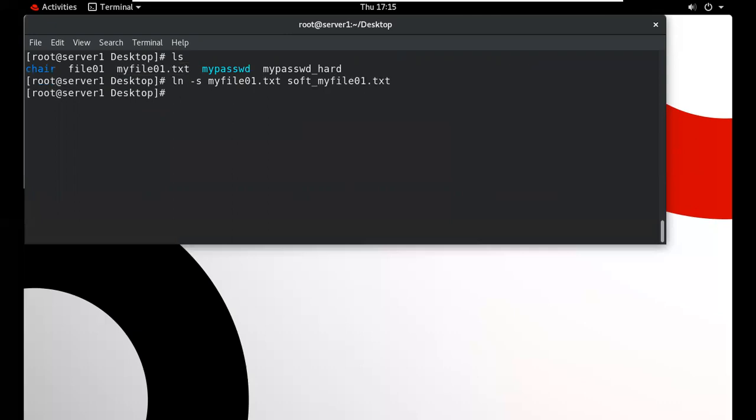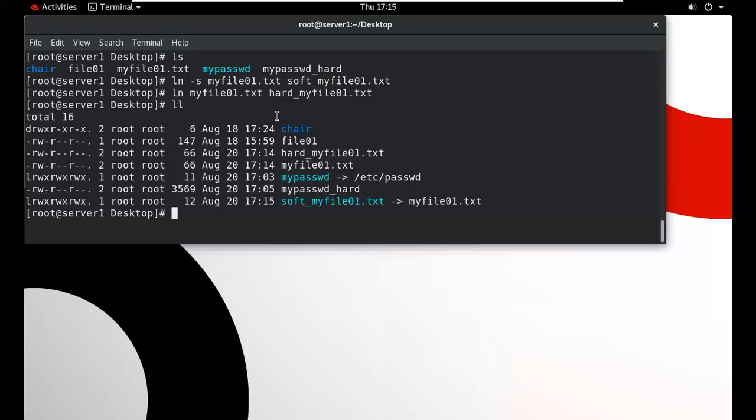It is my soft link, and we want to define the hard link at the same time. So this is the name of the hard link, and remove the -s option. So the hard link will be created. So we have the original file, a soft link and a hard link of this file.